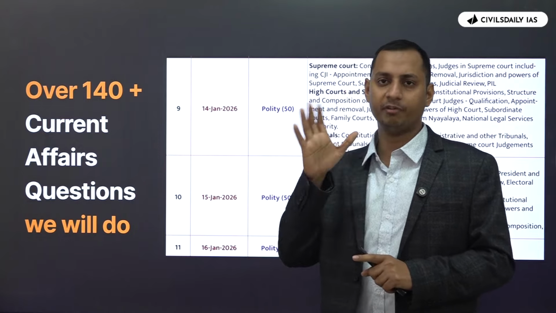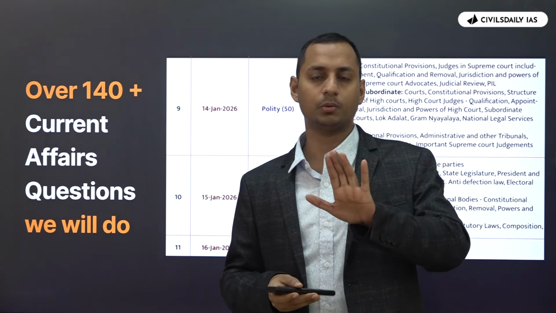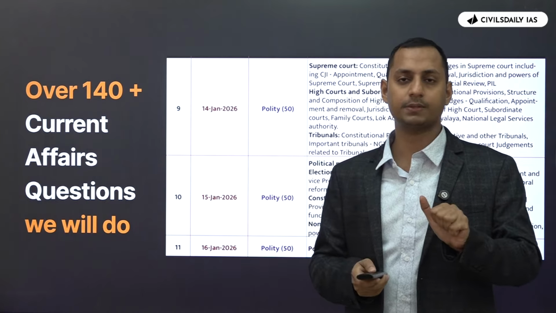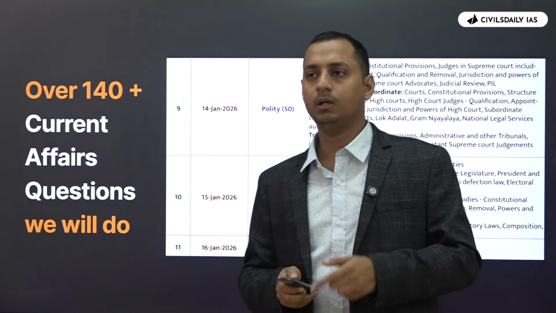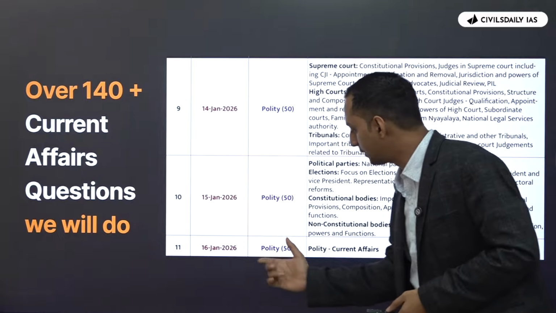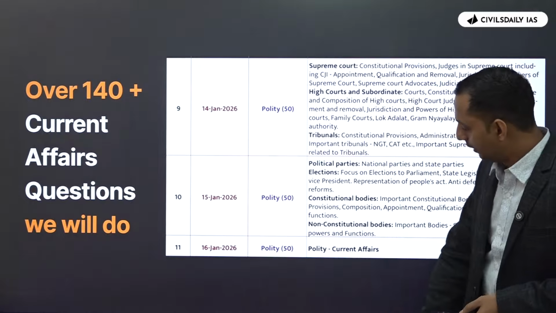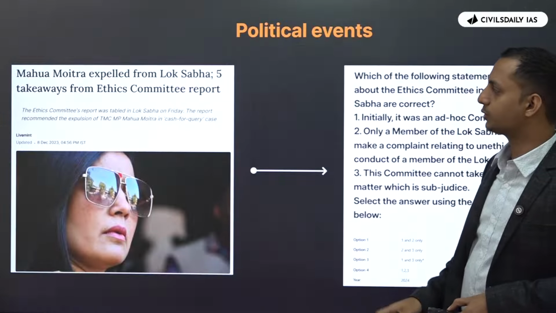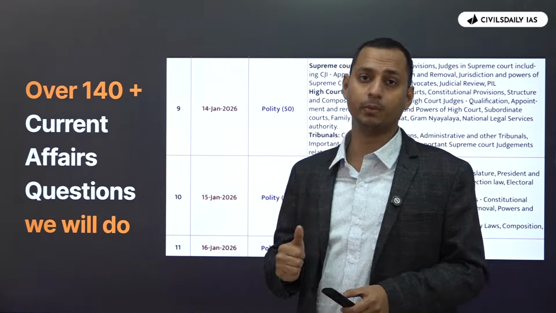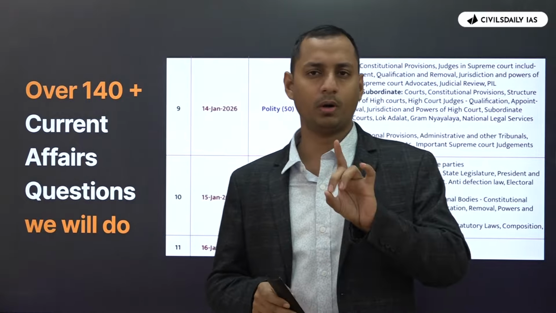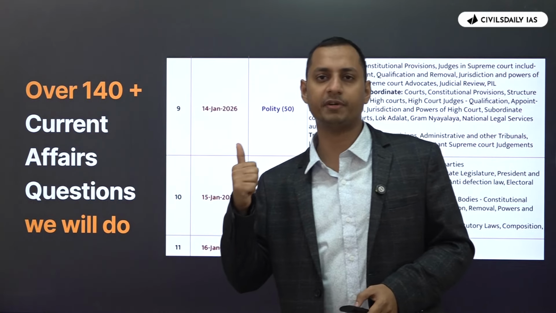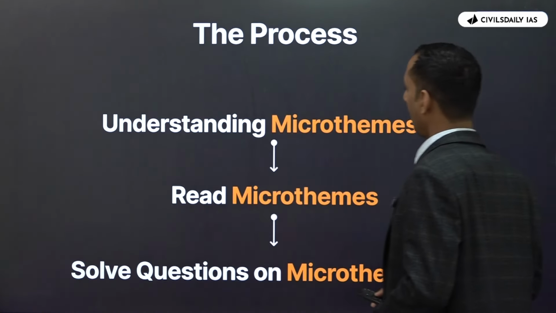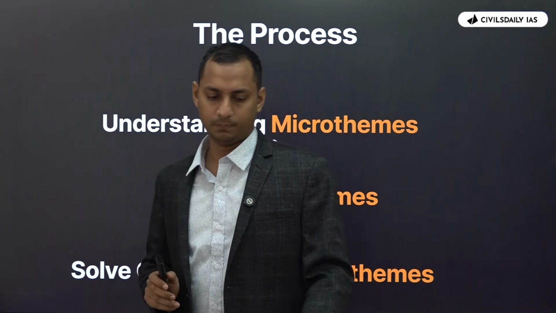So as you know, we have 50 questions on a daily basis. Out of that, 10 questions will be current affairs. So in case of polity, we have 10 of 50 questions and we have an advanced test. And we also have one current affairs test on the 16th of January. So here we'll be doing 50 questions, here 10, probably close to 140 current affairs questions we'll be doing with respect to polity. So only one monthly magazine plus our current affairs will suffice for the polity current affairs. Okay, everyone?